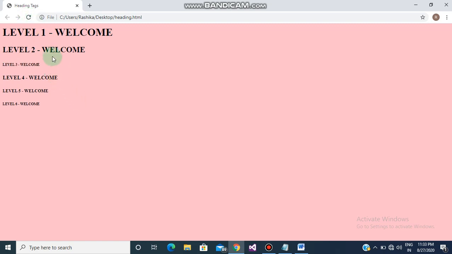You can see the changes here. See, level 6 and level 3 are the same in text size now, okay. Which means while using heading tags we need not follow the hierarchy, okay. We may use any one of the headings that we want as per the priority which we want to use in a document, so it doesn't follow any hierarchy.